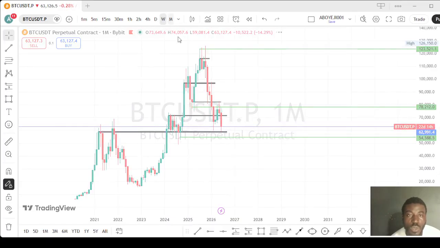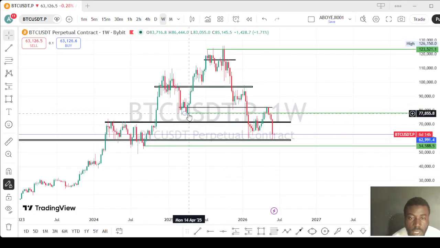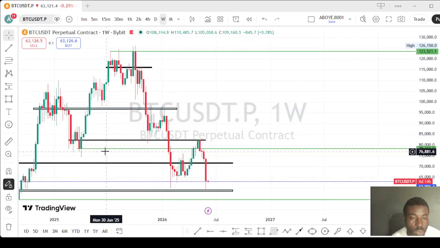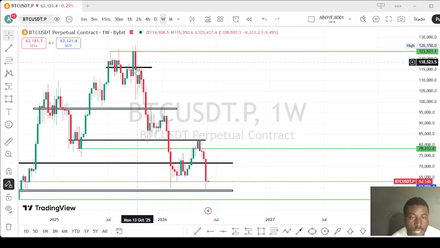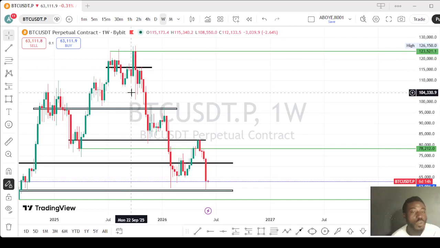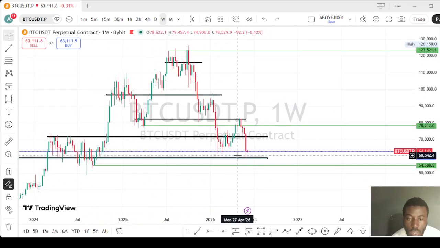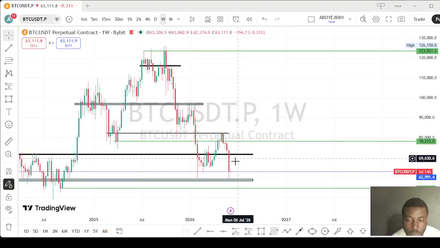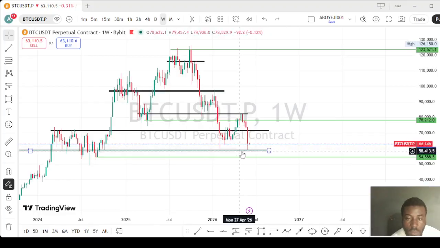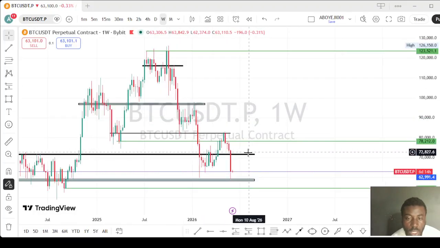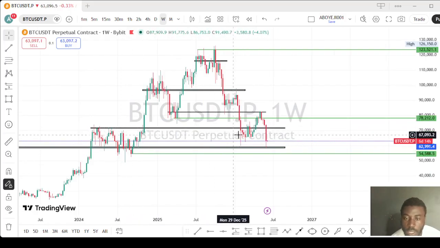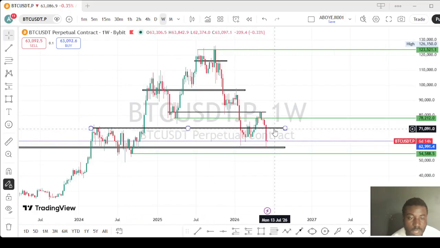So let's move to weekly time frame. This is our key level. You can see this key level here. These are major key levels here, and these are our key levels also here. So we be patient. If this resistance, if this monthly, you can see it does not break with a full body candle. So let's be expecting another sell from this monthly key level here. Let's be expecting another sell.